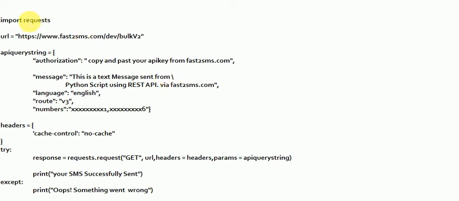Okay, today we will see how to send SMS by Python script using REST API. Okay, so first you have to import requests in your Python script,